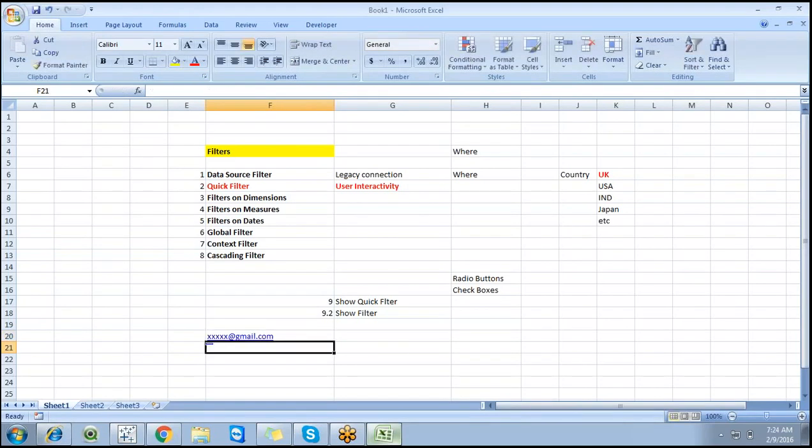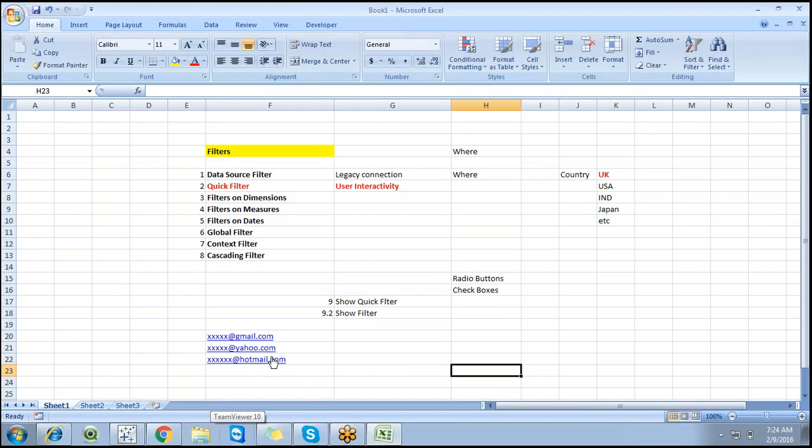Now I have users at the rate yahoo.com, and I have different users at the rate hotmail.com. So I want to filter out unwanted data.